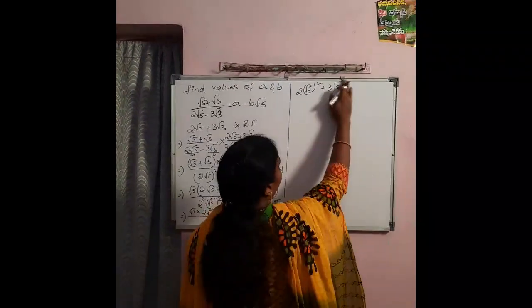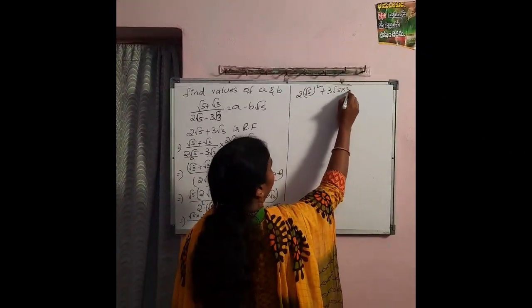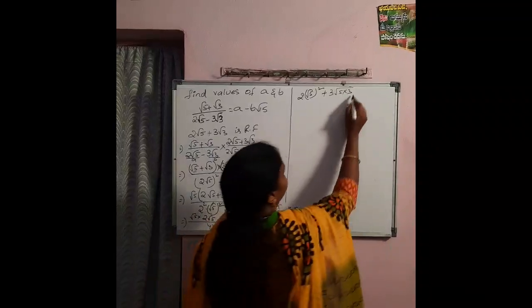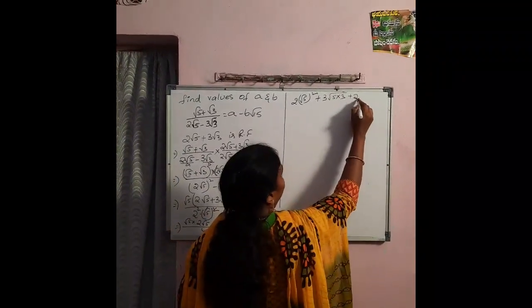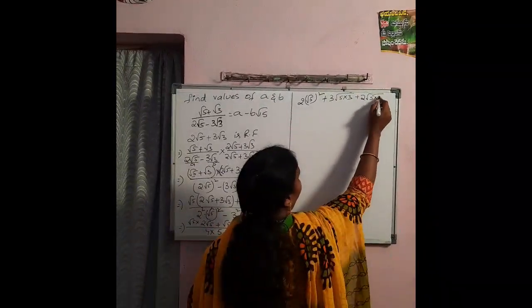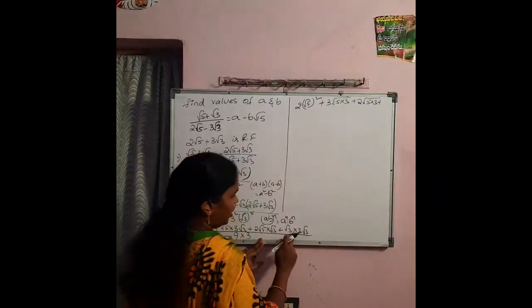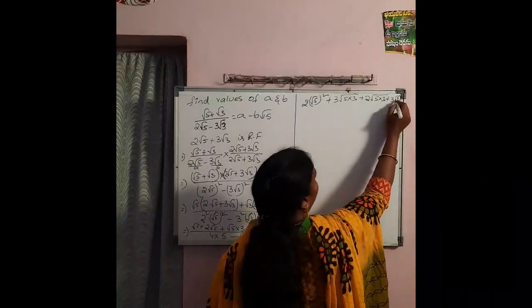Or directly we can write it as 3 into root of 5 into 3 plus 2 into root of 5 into 3 plus 3 into root 3 into root 3. Again it can be written as root 3 whole square